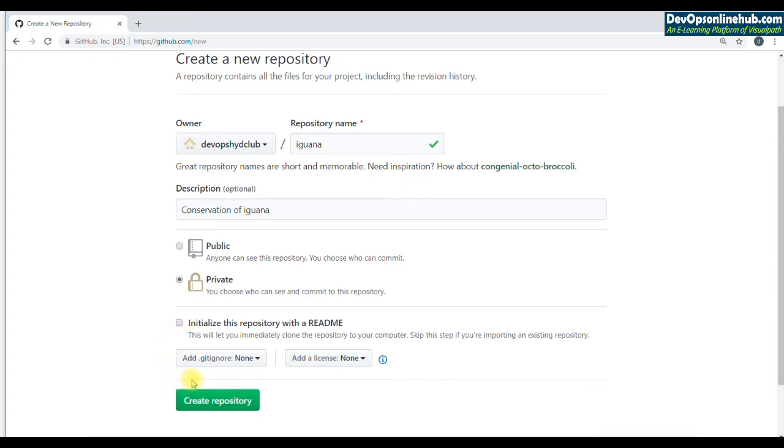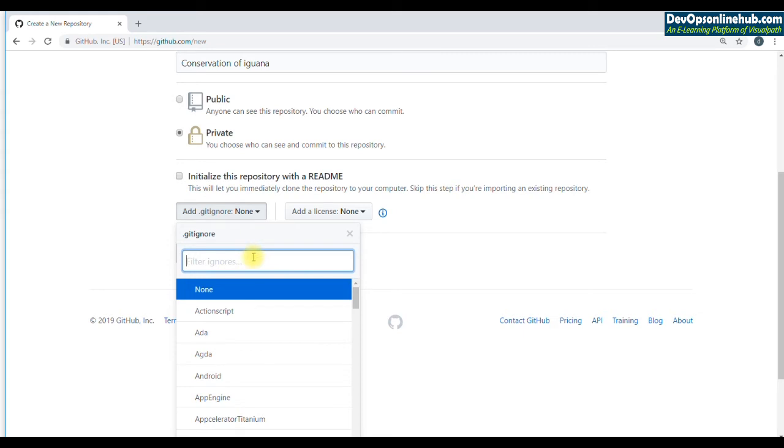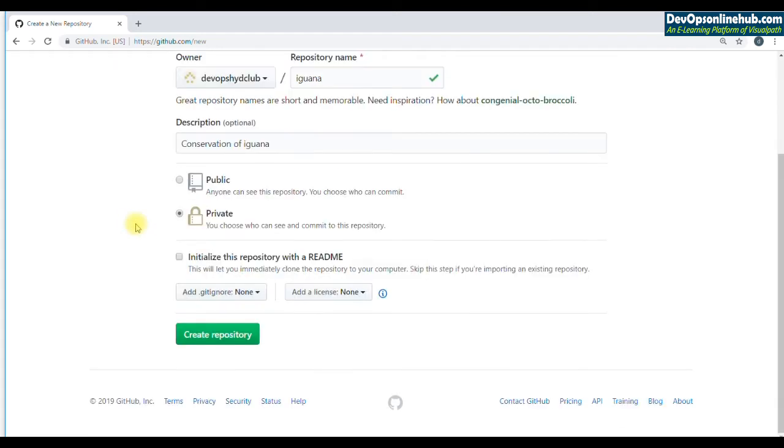There are some things that you don't want to keep track of. In your repository, you have some files, but you don't want these files to be tracked. You don't want these files to be displayed on GitHub in a common repository. Such kind of files can be put into the .gitignore file. So you give the file name, or you can give a regular expression here, and those files will be ignored. Those files will not be hosted over here. I'm clicking on create repository.